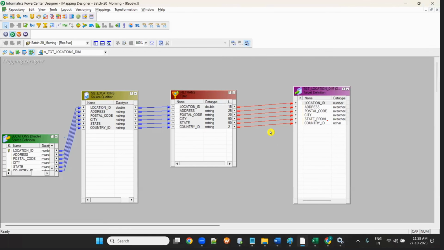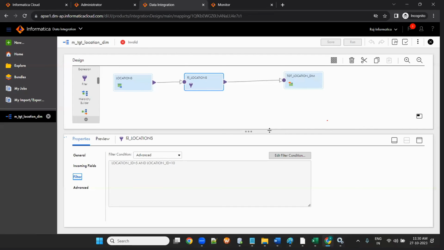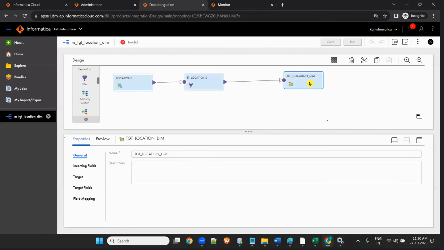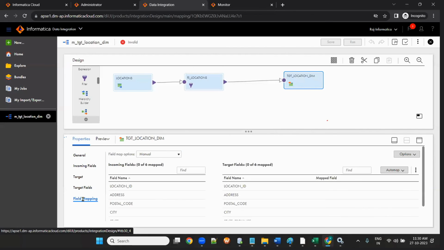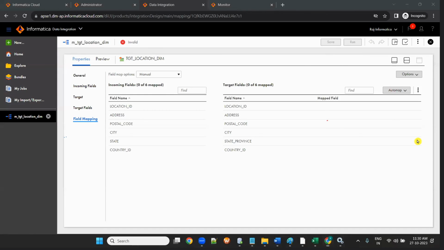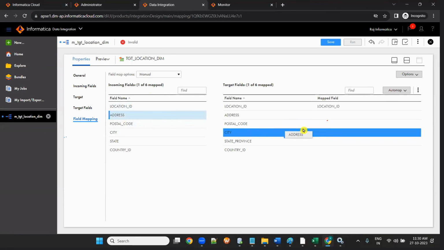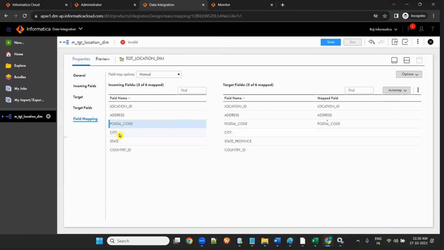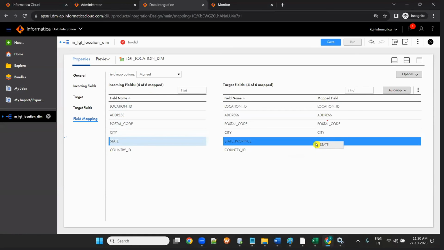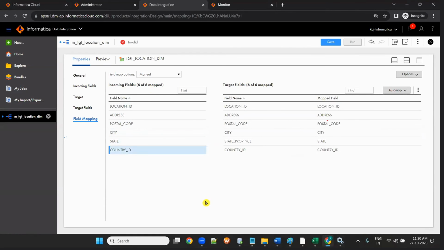So how to do the field mapping in IICS? Select the target. Come to field mapping. Maximize it. Now you can drag here. See, this is your source and this is your target. You need to drag it like this: location ID, address, postal code, city, state, country ID. You can do it like this, or